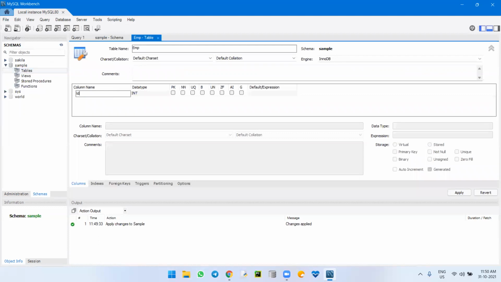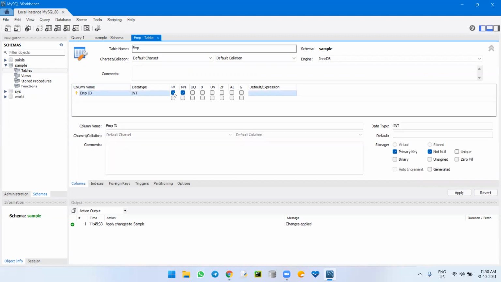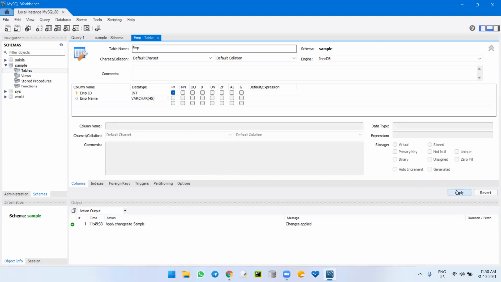Employee ID can be an integer, and we can select it as the primary key. The next one is employee name. I'm just showing how to create a new table. Like that, you can create the rest of the fields and click on apply.